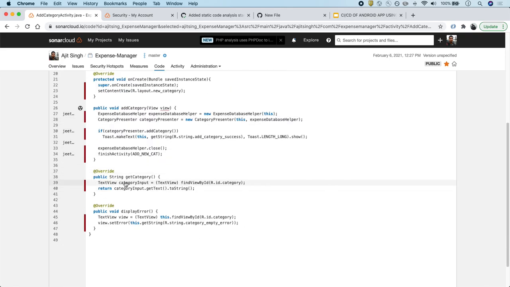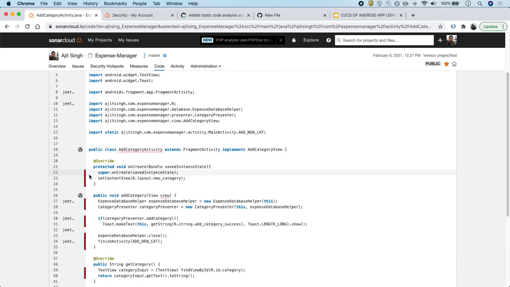The problem why we are seeing this red line is because we have not pushed the code coverage along with this code base. But the moment you push the coverage as well, you will start seeing the green line over here.